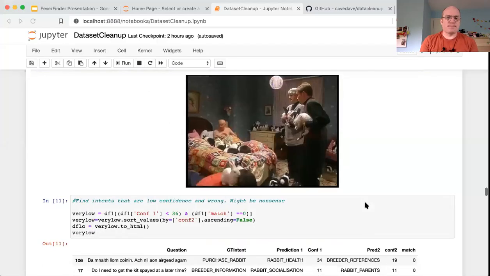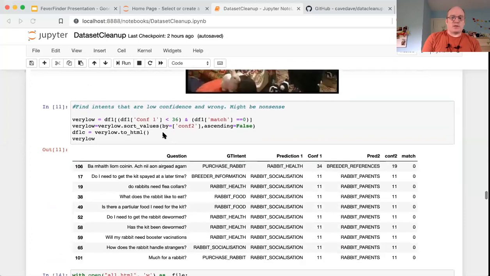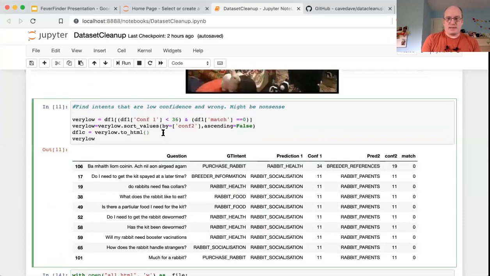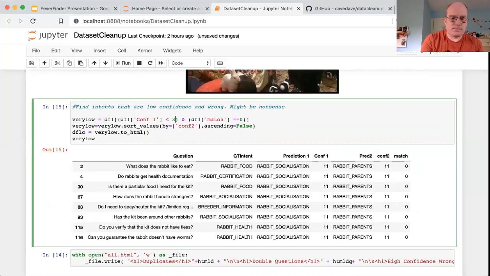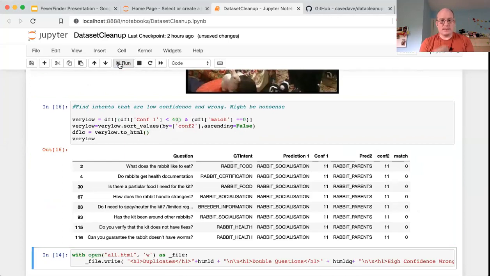Okay. So the last one, and it's quite a simple one, look for where your confidence is really low. The system comes back at really low confidence, and why is that happening? A lot of the time it's because it's nonsense. Frequently with